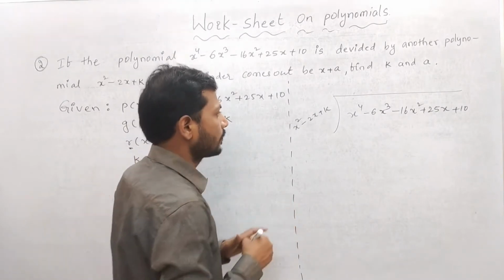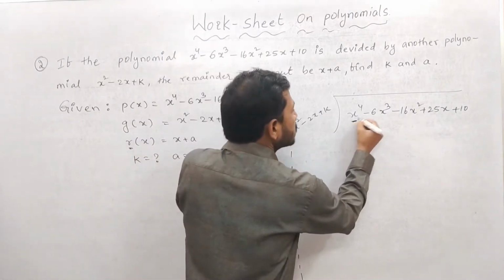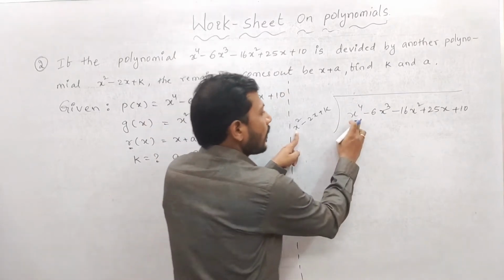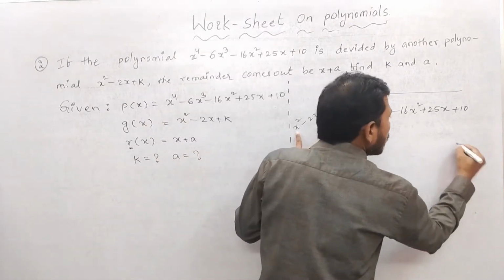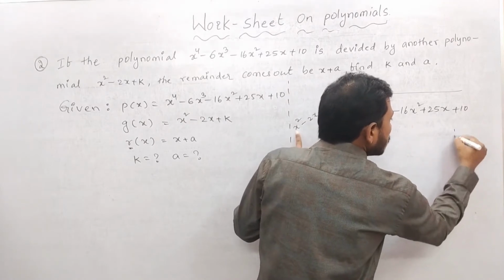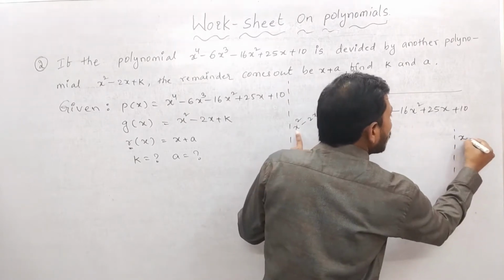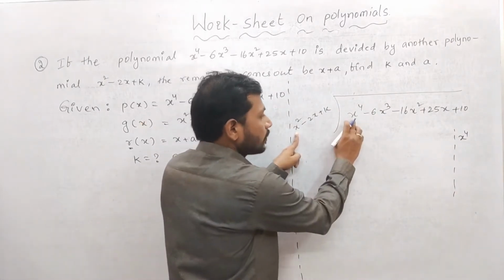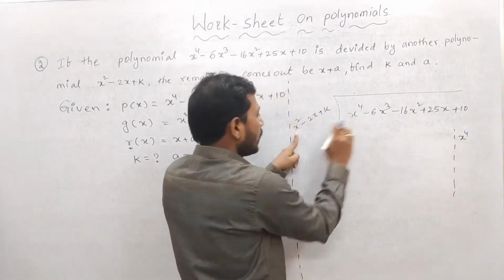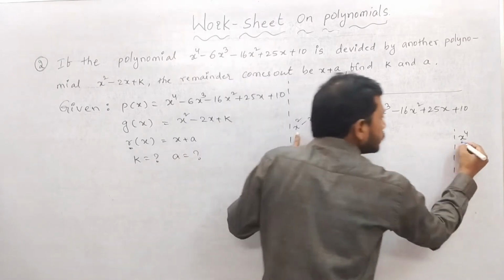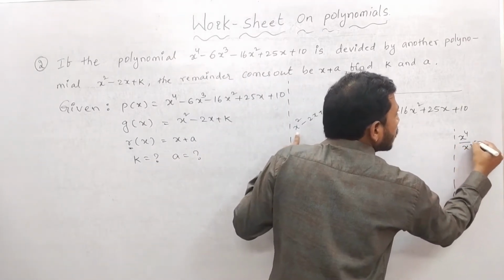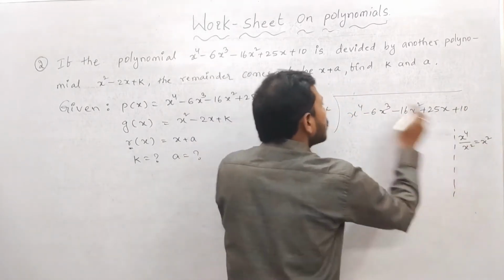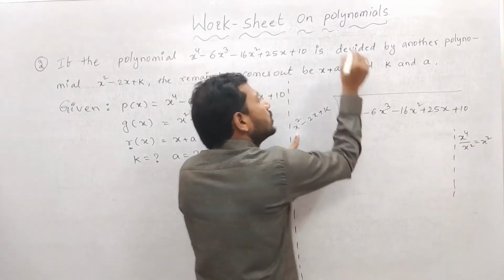Just observe here. You need what value? You have x power 4, and x square. Take this value first. Sir, I am doing the rough work here, children. I am taking x power 4. What you need is x power 4, so you take that and divide by this value, x square. Then what is the value? x square, sir. That should be the quotient term.